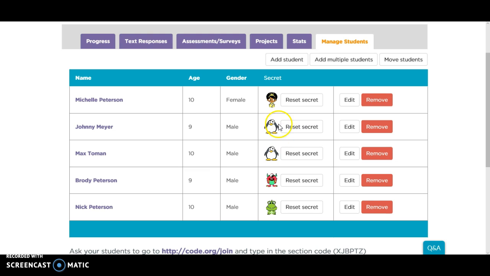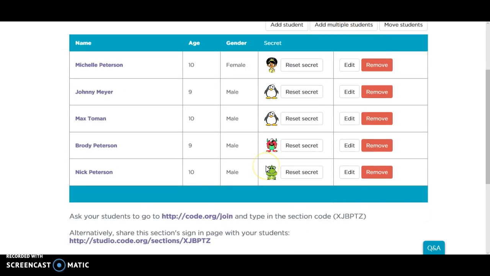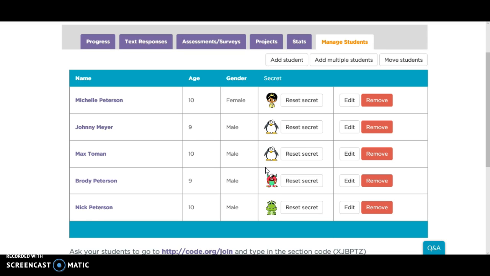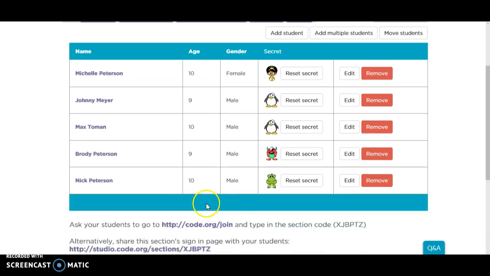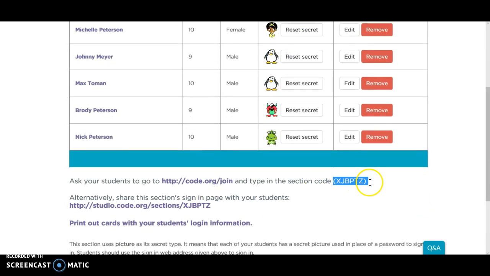So the thing with this, though, you see that Johnny and Max have the same one. That is completely okay, because when they sign in, they're going to end up clicking. What's going to happen is they get a code number. As you can see, here's my code. So in order